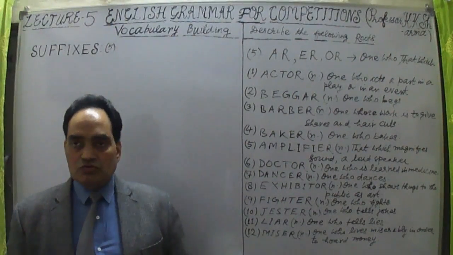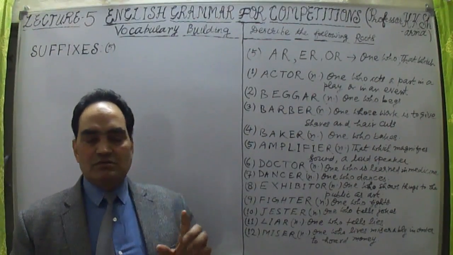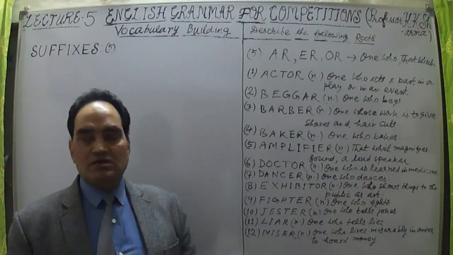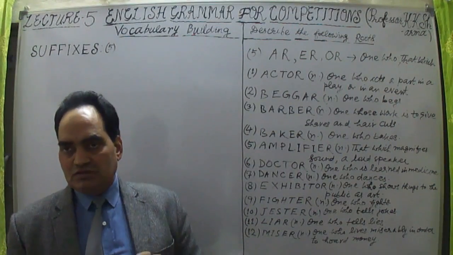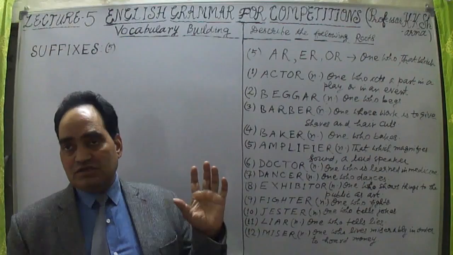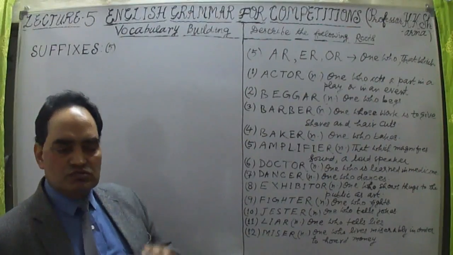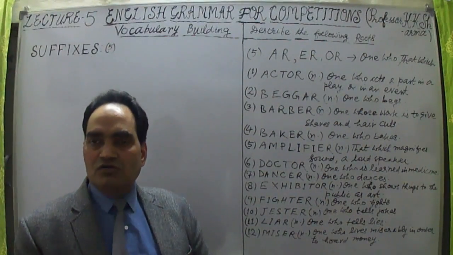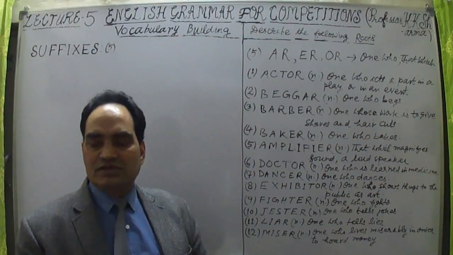Yes friends, now I am taking the fifth suffix, suffix number 5, or lecture number 5. In this I am taking a very important and easiest suffix. This easiest suffix has 3 basic suffixes and they are going to give you thousands of words, because whatever the nouns which are of one who, that which, means one who does this, one who does that,